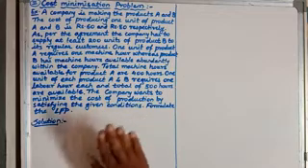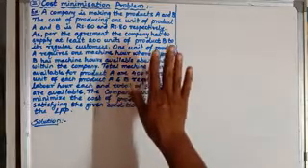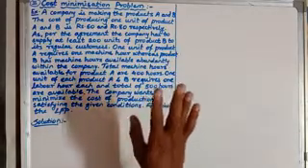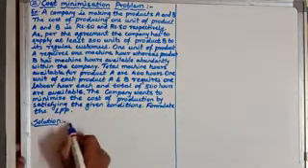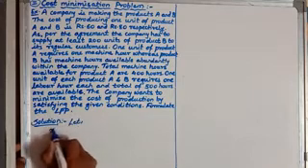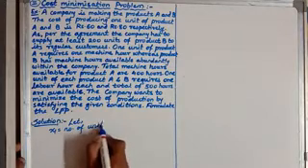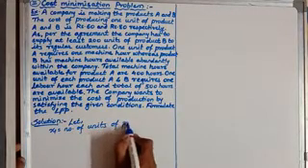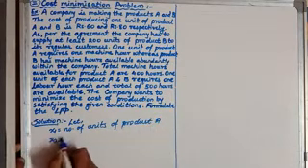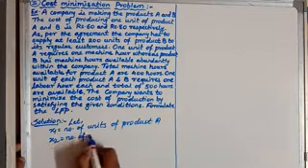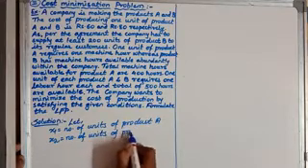So now, just like our previous problem, let us assume here again the number of units of product A and of product B. So now let x1 equal to number of units of product A and x2 equal to number of units of product B.